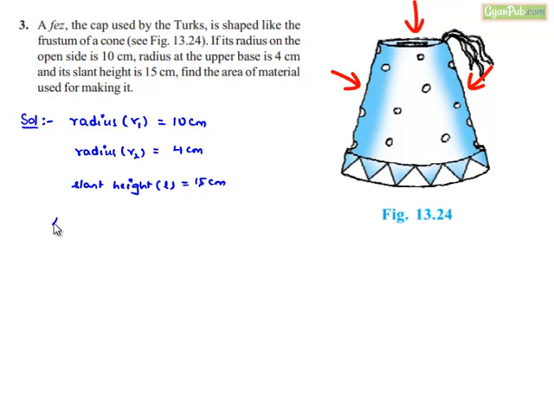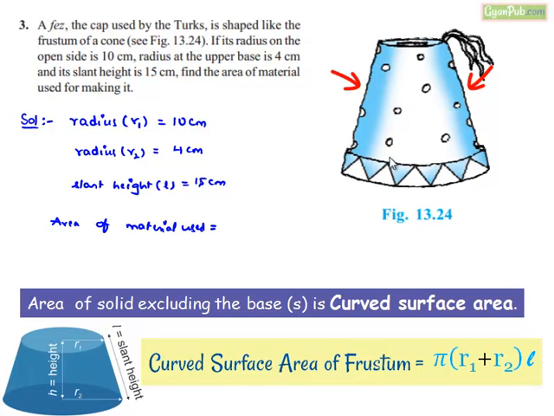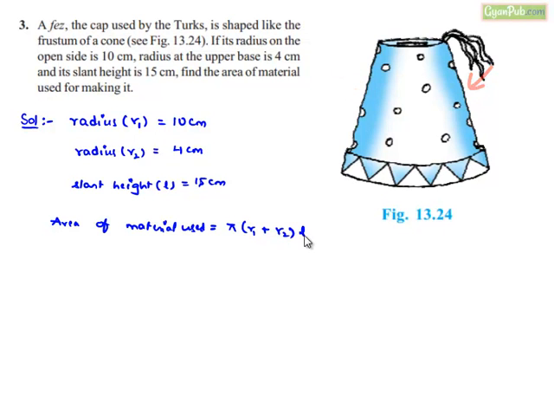So the area of material used will be equal to the surface area of the frustum, which is pi into (R1 plus R2) into slant height, plus the top surface area of the circular section, which is pi into R2 square. Pi value is 22/7, and R1 plus R2 is 10 plus 4, that is 14, and slant height L is given by 15, plus pi value 22/7 into R2 square, 4 square, which is equal to, here 7 goes in